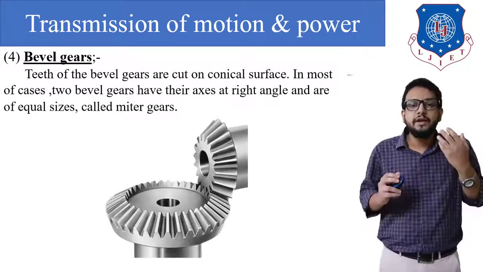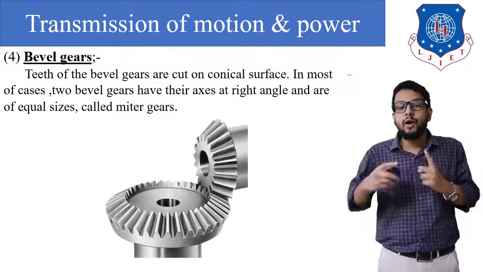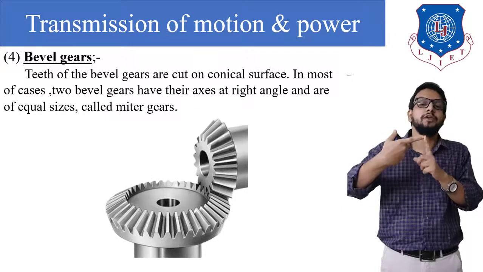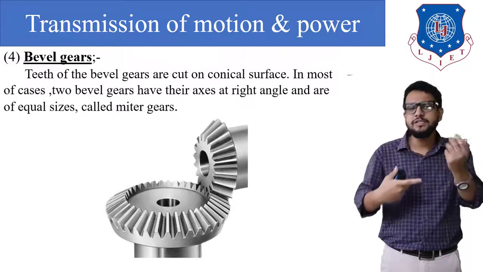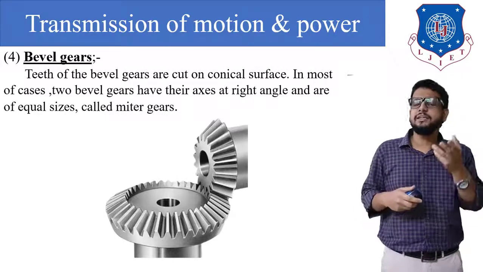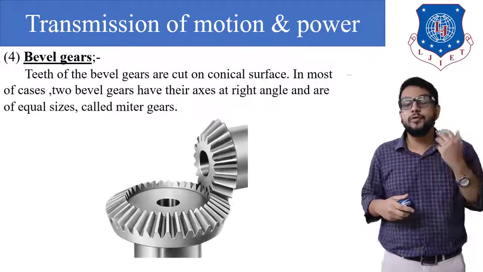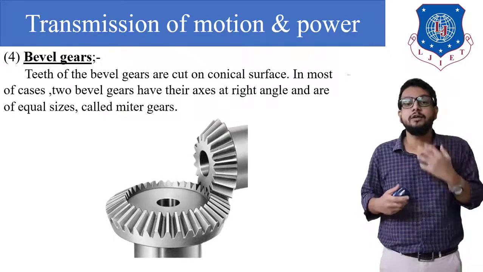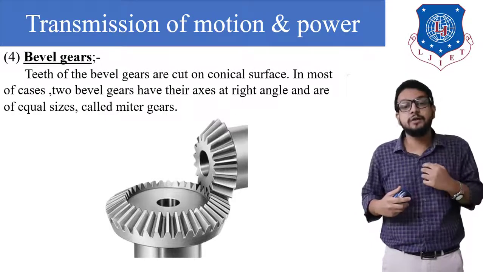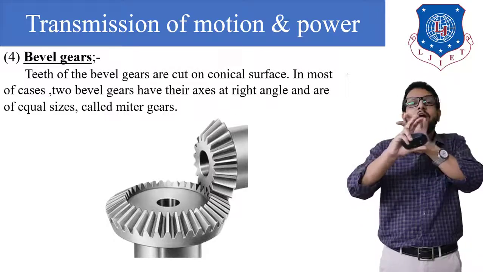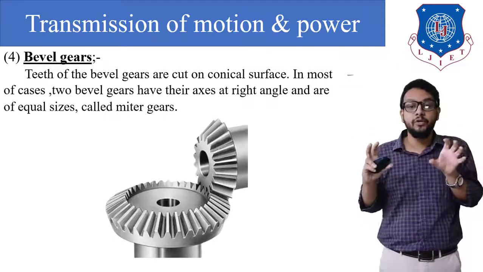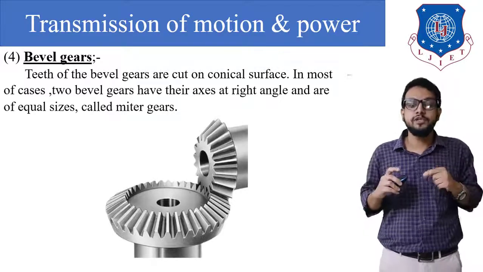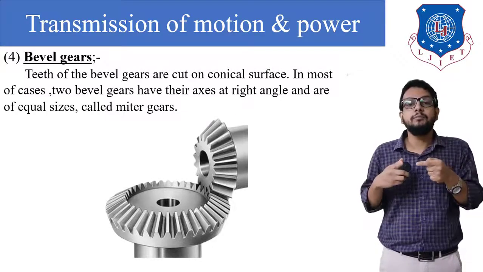And where can it be used? When it is required to transmit power between two perpendicular shafts, that is, shafts at right angle. Now what is an application? This type of gear is used in the differential of an automobile, that is four-wheeler cars, and even in our trucks and buses. You know, the differential which is provided on the back side on a rear wheel. In that differential the arrangement is of a bevel gear in which we need to transmit power perpendicular